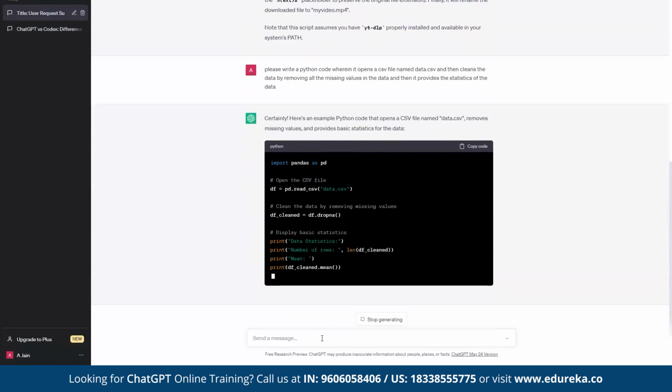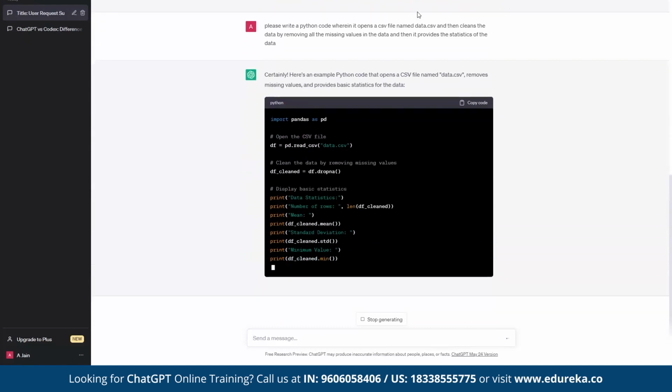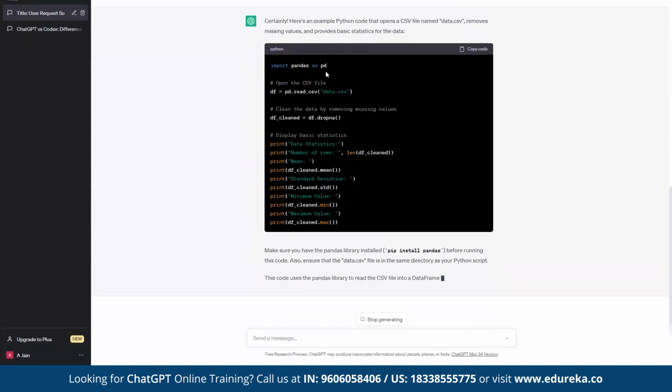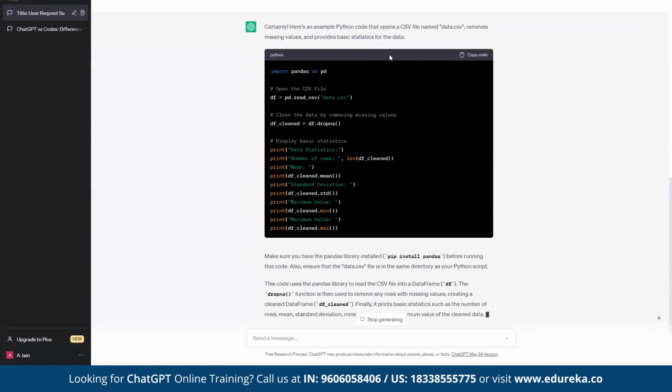So all of you who know about it, it has used a very correct, well-known package in Python called pandas. So import pandas as pd. It is saying that you will have to import that. So it exactly knows that in order to open a CSV file and process it, pandas is one of the better packages right now. So it will read, this is the context.